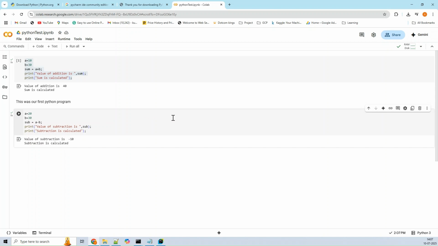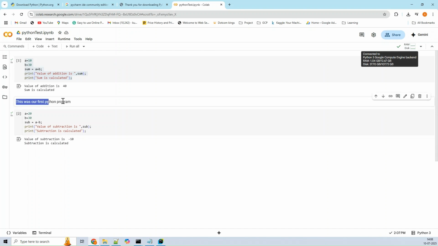So this provides us the current runtime environment just for temporary purposes, with some initial CPU, RAM and a disk. So here you can have your notes also, you can just write your program and execute it. So in the coming session we will see how we can utilize it in a better way.